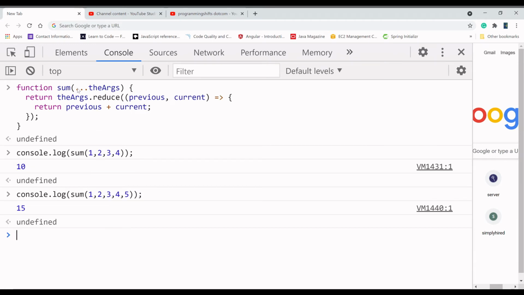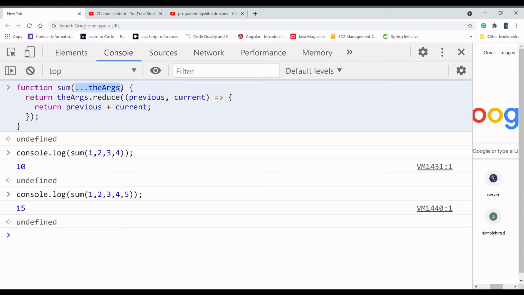If you have an infinite number of arguments in an array and you want to do some operations or calculations, a function can contain an infinite number of arguments as an array, right?